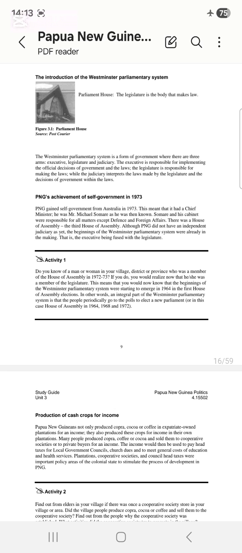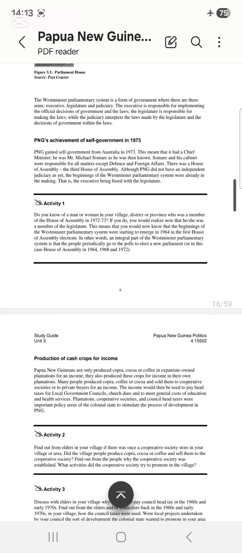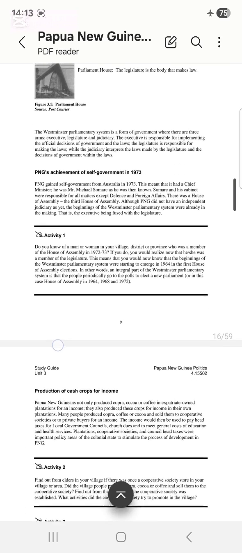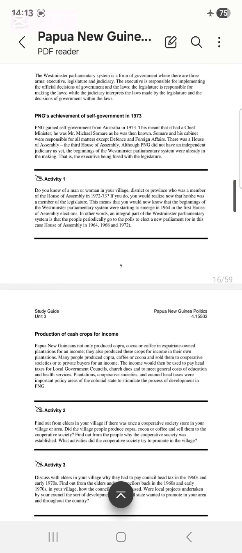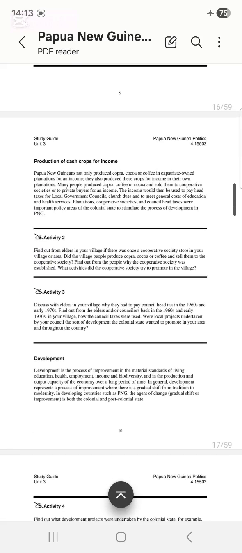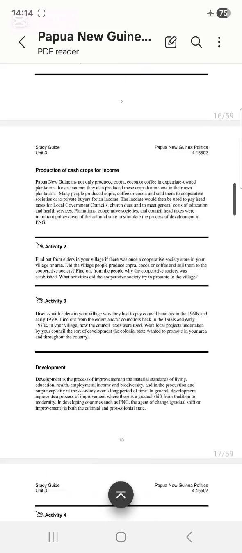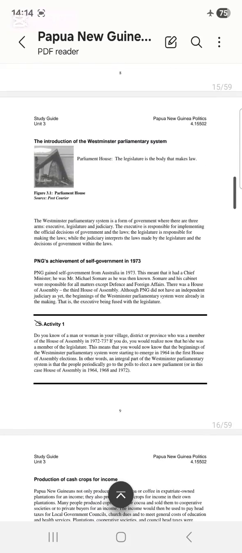All right, so the introduction tries to give us this idea of political, economical, social development that was brought forward by the colonial administration. Okay, if you look further down, look at the subheading of Papua New Guinea's achievement of self-government in 1973, and the other subheading is the production of cash crops for income and the idea for development. So basically this unit here